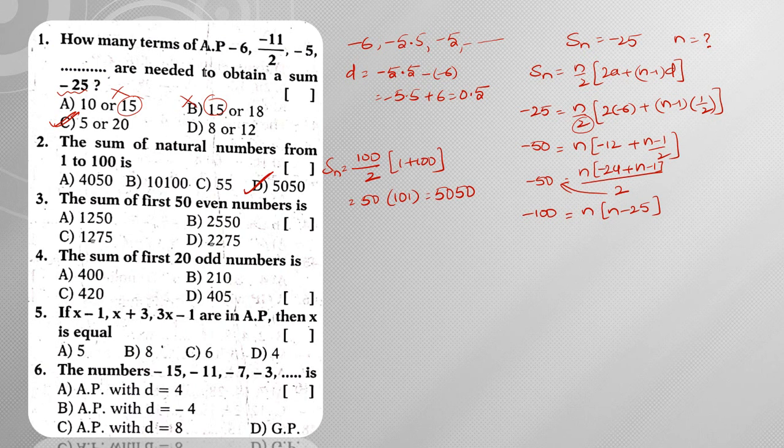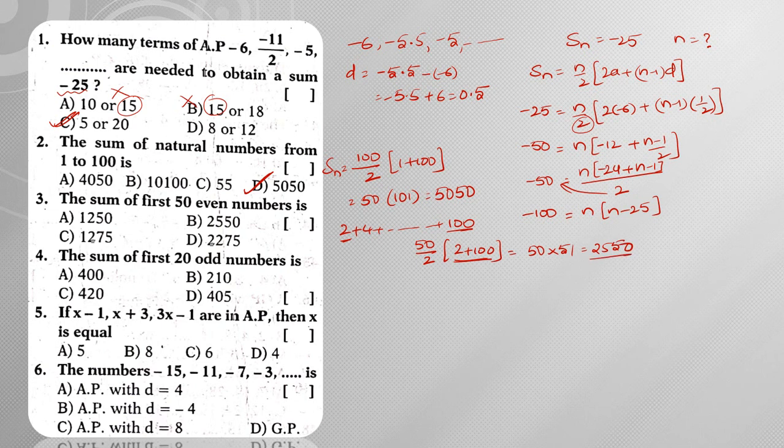Next, the sum of the first 50 even natural numbers. That means 2 plus 4 plus and so on. What will be the last number? The last number will be 100, because he is saying the first 50, and even numbers means you skip one number each time, so we still need to write 100. Now we know the first term and the last term, so how can I find the sum directly? The sum is nothing but n by 2 into first term plus last term, right? Now what is the answer? 50 into 2 plus 100, which is 102, by 2 is 51. So 50 into 51. 5 ones are 5, 5 fives are 25.